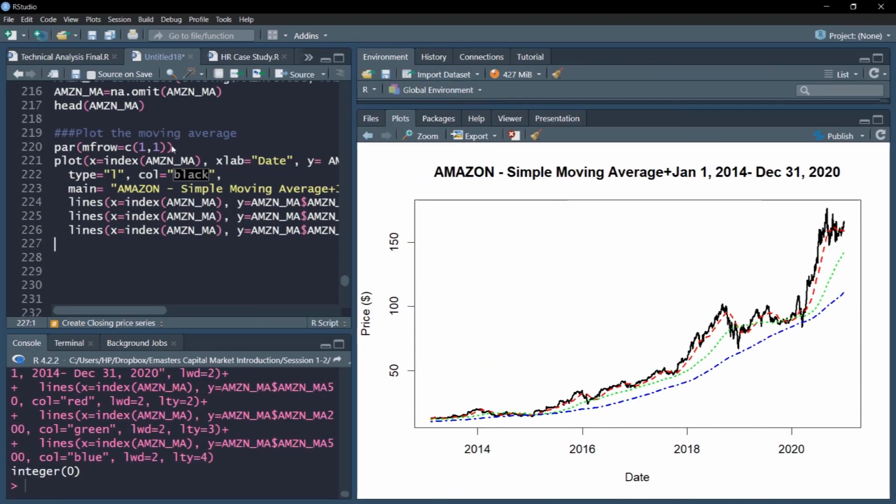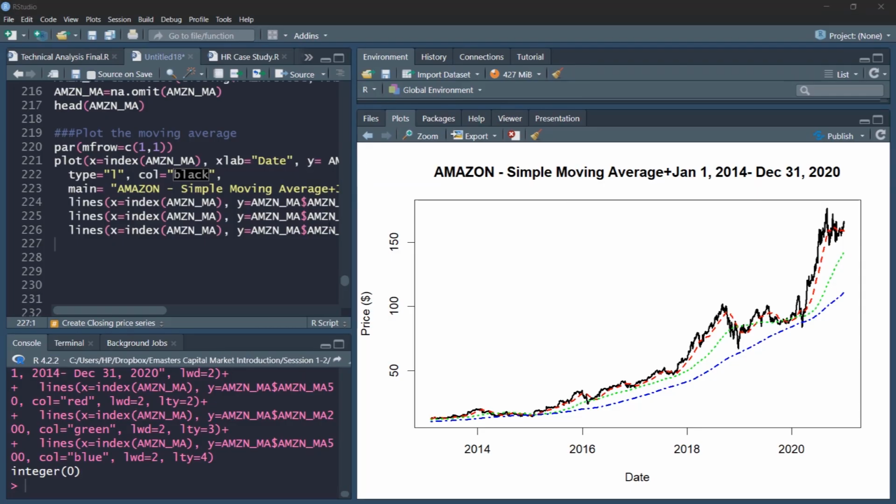So note this. As you can see in this plot, the most fluctuating line is the black one, which is the original closing prices, which is very noisy. And as we keep on increasing the period from 50 red to green, 200, then 500, the plot becomes smoother and smoother. And then this, as the more fluctuating lines, for example, black line touches here and then again changes